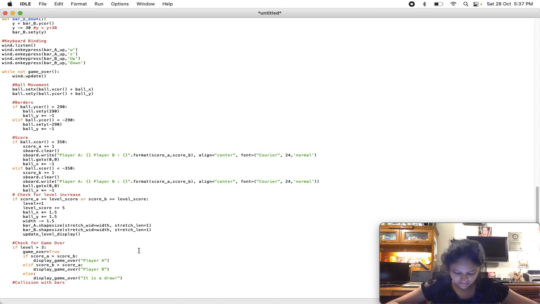Okay, so let's see. I'm going to write this code. Basically, if it collides with the bars, it will multiply by -1 and go in the different direction from the other player, right? So if ball dot x score